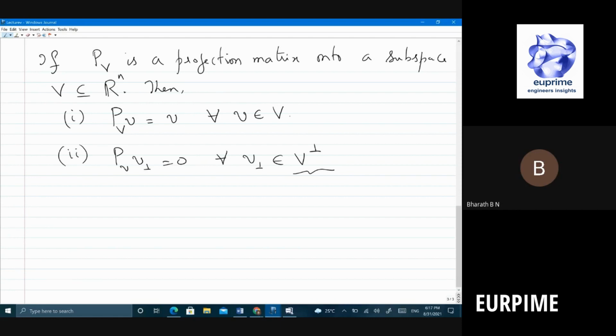I want that vector in the subspace which is close to the vector v, right? That is called projection, right? So for example, if I want to project u onto a vector space V, all that I have to do is I have to ensure that